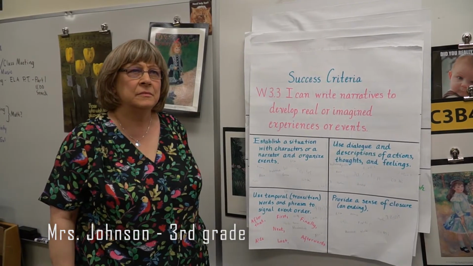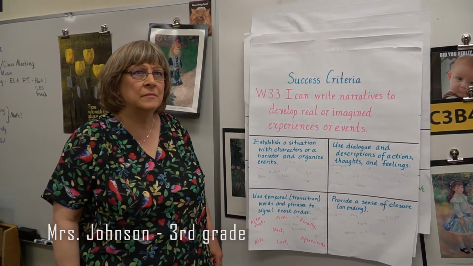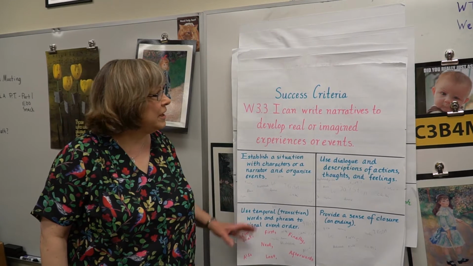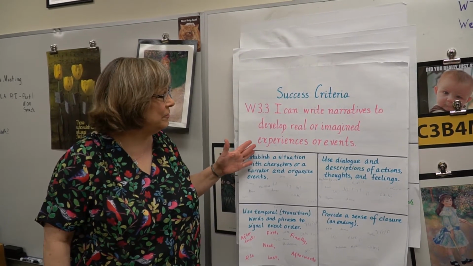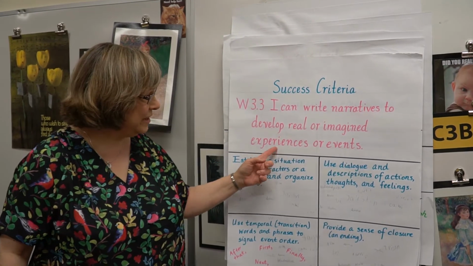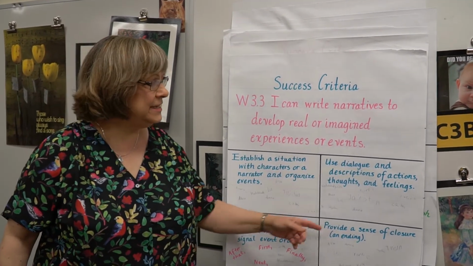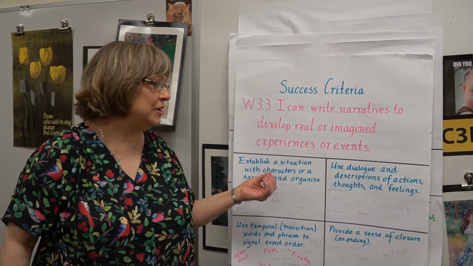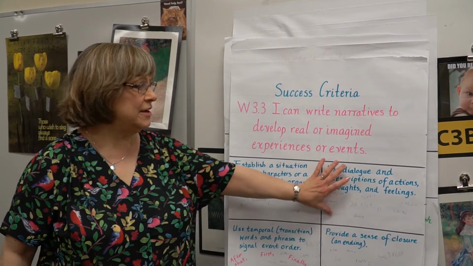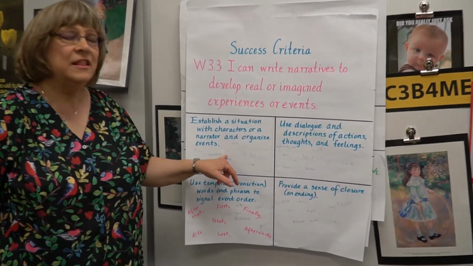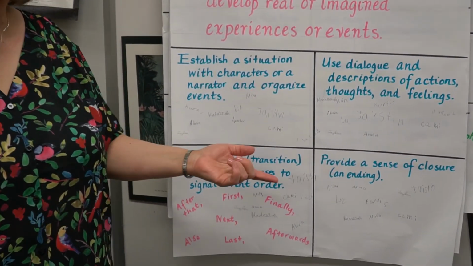Using targets and success criteria, what's been the impact for you on your instruction and on student learning? Okay, with using the success criteria charts, I would say that my students can see what the Common Core standard is, then they can see the steps that they need to get there. This also helps me as a teacher because if I see one particular area that doesn't have a lot of signatures, then I know that my students aren't feeling real strong about that. They love autographing the chart and that gives them ownership.